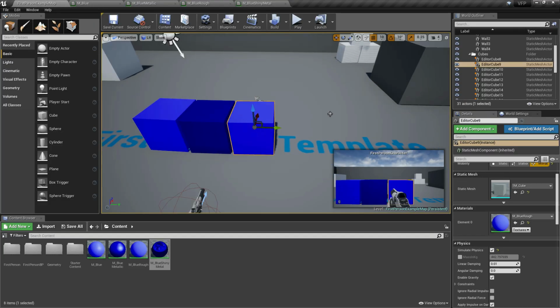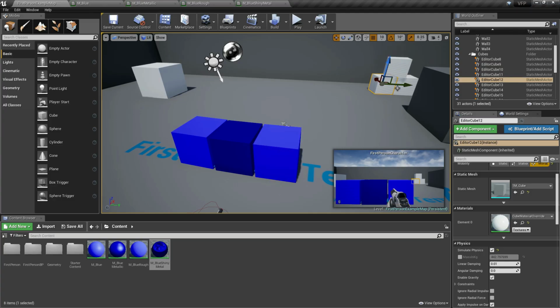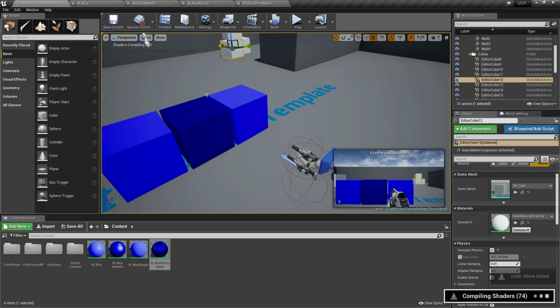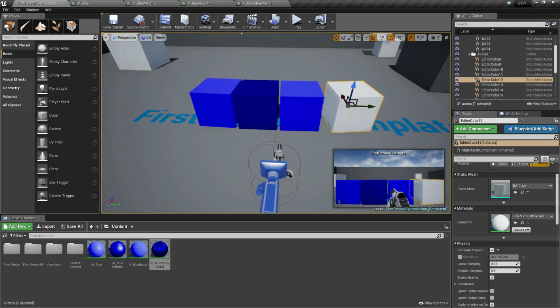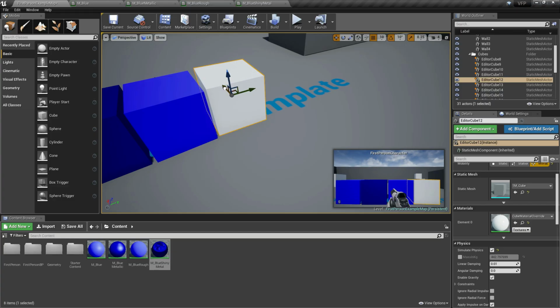So let's find another actor. Let's rotate this a little bit and move it a little closer to our third actor, just like this.